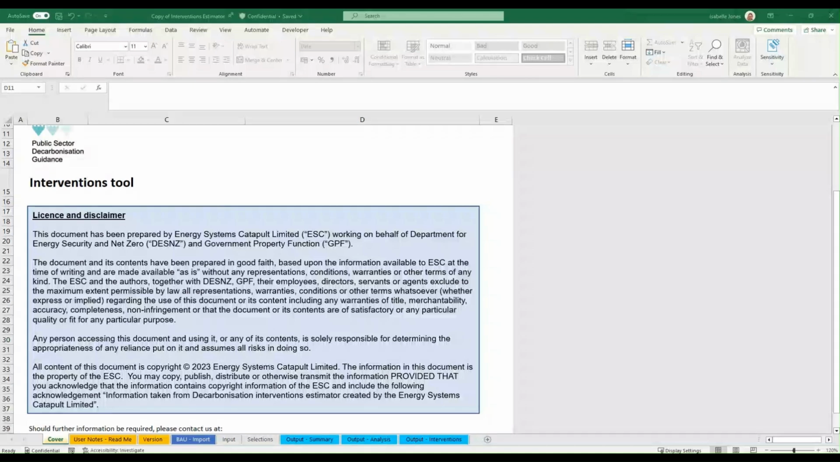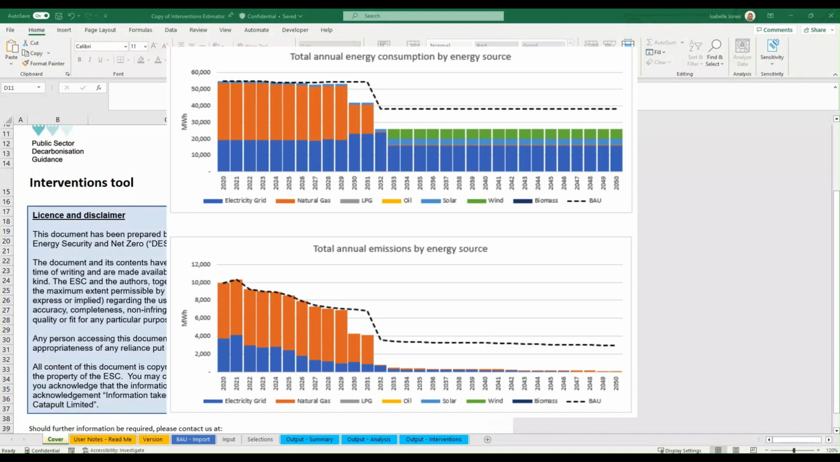This video has been produced to help you use the Decarbonisation Interventions Estimator. The estimator has been designed to be used in conjunction with the business as usual estimator. So, if you haven't already, you'll need to go back and fill this in first to generate your BAU forecast for your estate. You'll then be ready to use this estimator to carry out an assessment of potential decarbonisation interventions